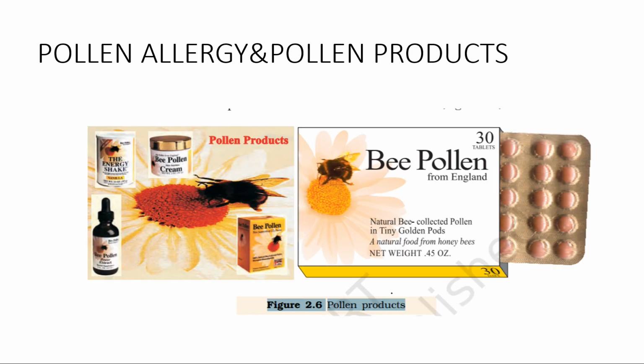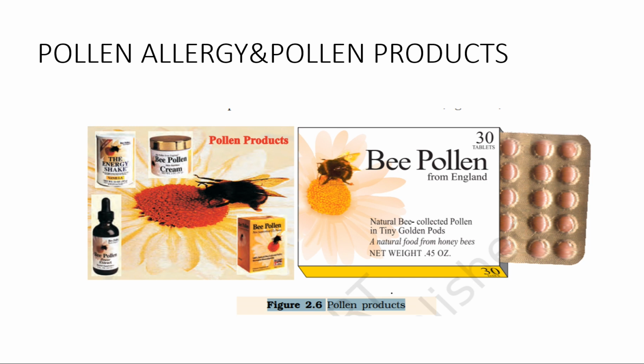Now we'll learn about pollen viability. What do you mean by pollen viability? It is the period for which pollen grains retain the ability to germinate. In some flowers, like rice and wheat, it is only 30 minutes, but in some other flowers, it may be a few months or even some years. Pollen grains can be preserved in liquid nitrogen. Liquid nitrogen means minus 196 degrees Celsius. It is also called cryopreservation, or pollen banks, for later use in plant breeding programs.